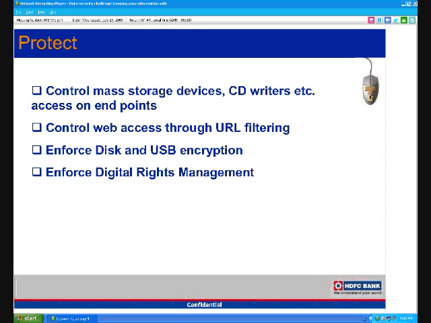When you talk about protection here, I'm from a school of thought where you start with the approach of, if you can afford to do a lockdown, you start with locking down your peripheral devices and then opening up wherever you have a business justification for the same. And then just make sure that you start monitoring those. The first thing to do is to control your mass storage devices, the CD writers and all the other access points on your endpoints. Implement solutions such as URL filtering to control your web access.